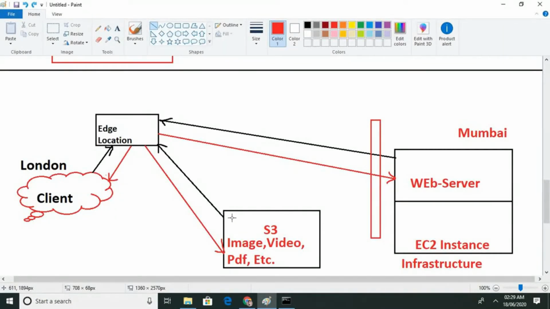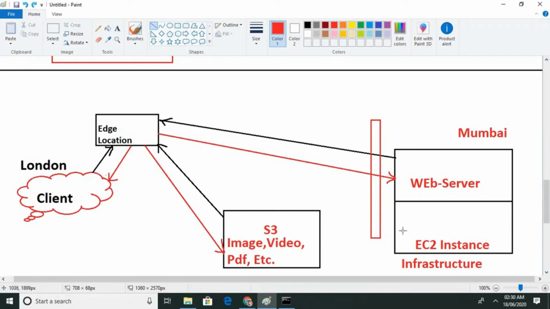Mainly the edge location contacts S3, and S3 is connected to EBS, that is EC2. EC2 launches from EBS only, because from EBS you can do a partition. Without a partition, like a drive, you can't create an EC2 instance.